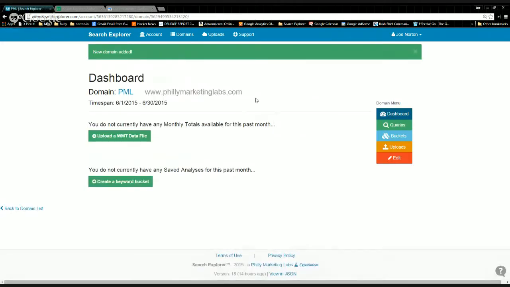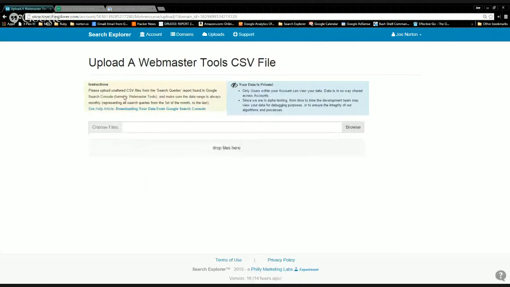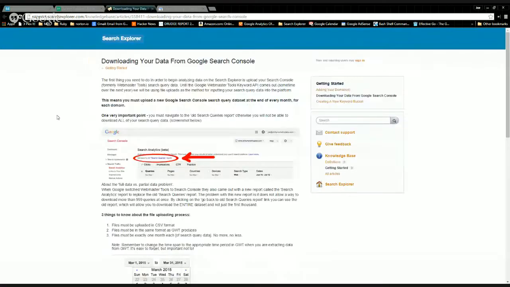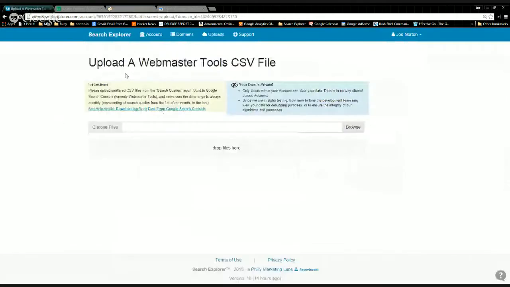So the big step here is we need to upload the Webmaster Tools data and plug it into this domain. So that's what this message right here is about. We have no monthly totals available. Upload a Webmaster Tools data file. So this is what the new upload page looks like. There are a little bit of instructions right here. Also, there is a thorough help article which provides screenshots of the process of how you download this Search Console data. I'm going to show you guys how to do that real quick, since I'm here,